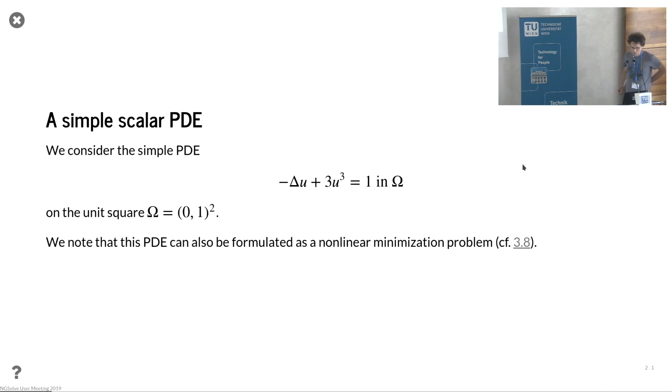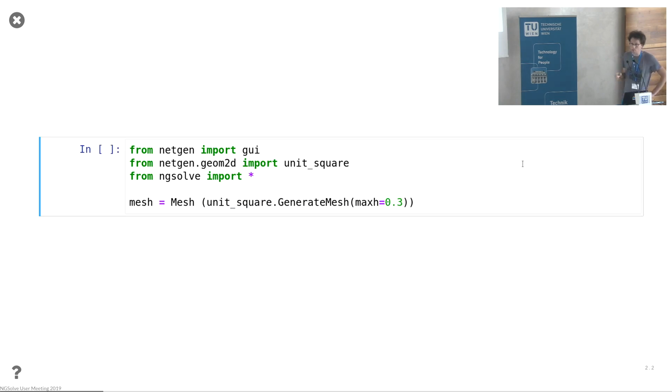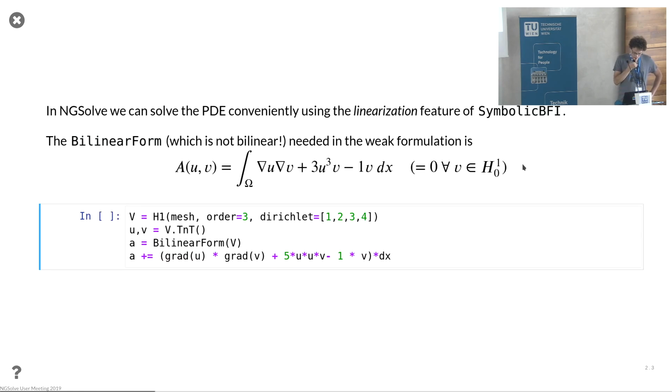So let's start with a simple nonlinear PDE. So it's a model problem. You have this reaction term, which is u cubed, and you now want to solve this with some kind of Newton method. And what you can do for this is you can write down the bilinear form again, not bilinear in both arguments, but you can directly